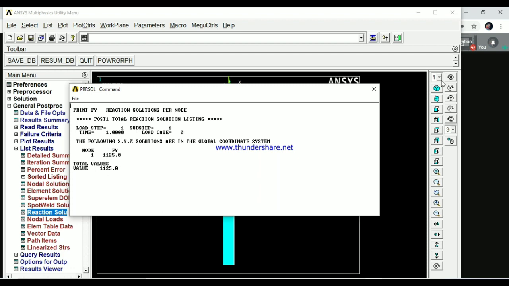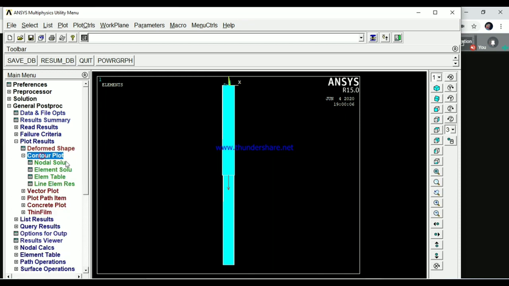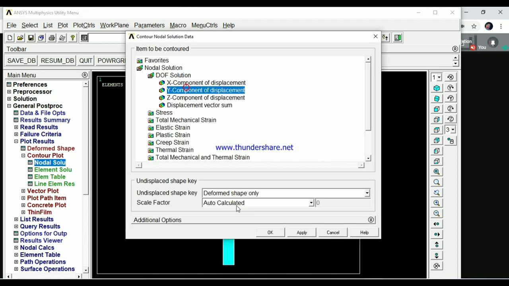This completes getting the list results. There are 4 unknowns in any structural problem: nodal deformations, strain, elemental stress, and support reactions. In finite element analysis and design we need all these 4 unknowns, whether it is a bar, truss, or any other structural problem. Similarly you can show the plot results: contour plot, nodal solutions, DOF solutions, Y component.